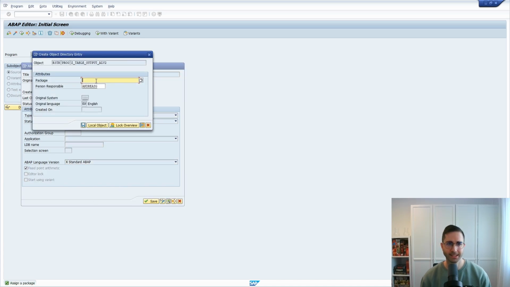Here within this screen you have an option to enter and specify a package. A package is basically an object that your programs are linked to. You can think of it as a grouping where your ABAP programs that belong together are kept. Basically this is for grouping and sorting purposes,